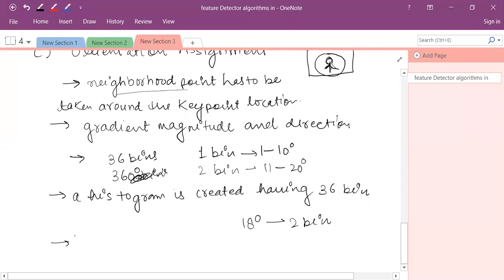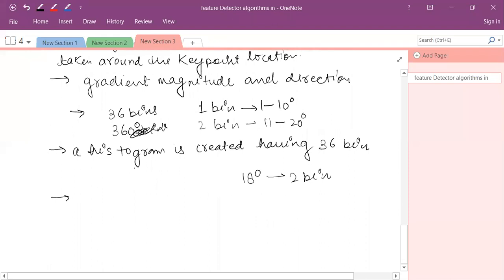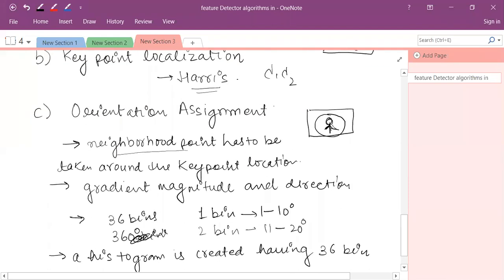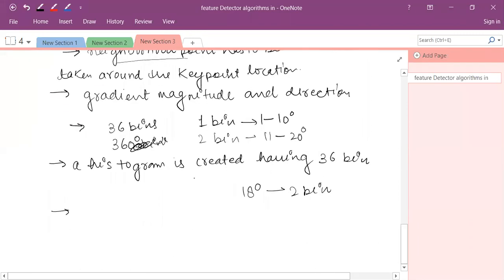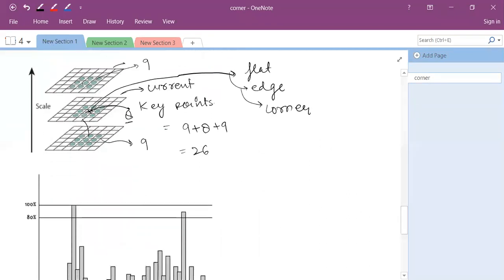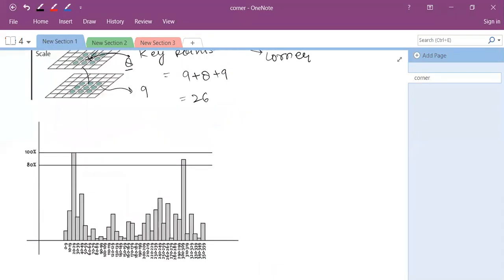Now in the same way, you have to take all of the neighborhoods surrounding this object, and you have to repeat the procedure and the histogram will be made. One histogram is already made there for your understanding. So you can see there is a bin allotment and the histogram is created. And the peak value is called the gradient magnitude value.